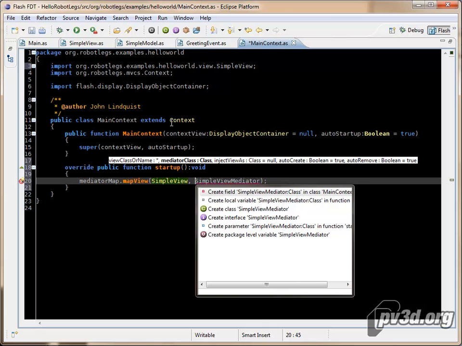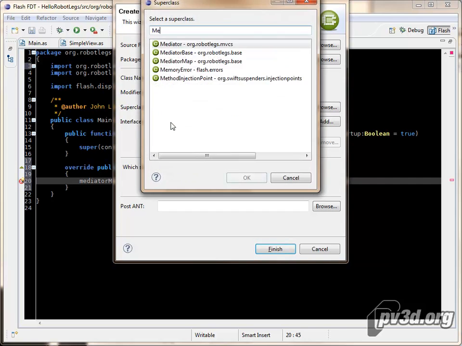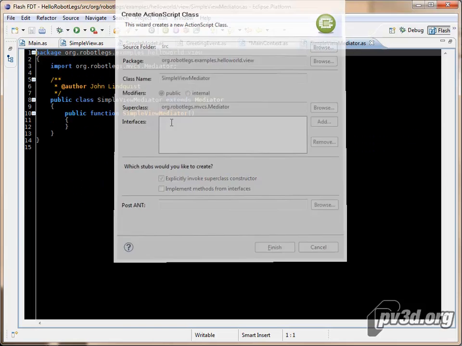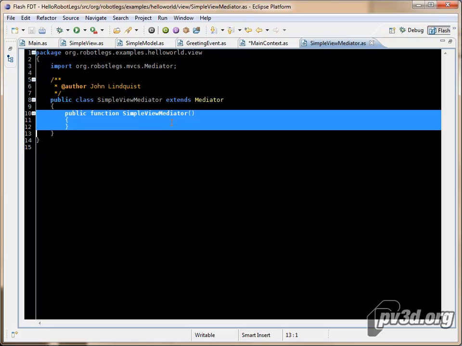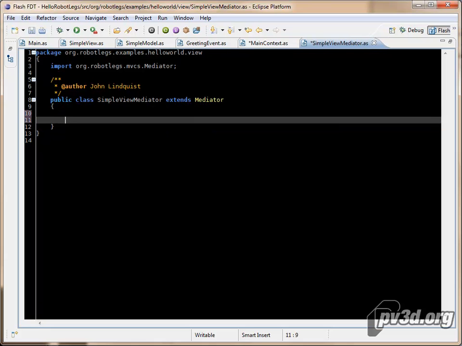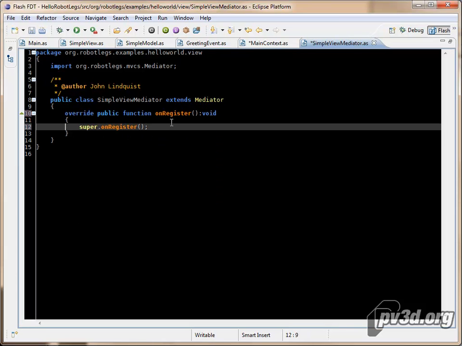And in our simple view mediator, can get rid of the constructor. I'm not going to need that. We have to wait for it to be registered. So in onRegisterHook,